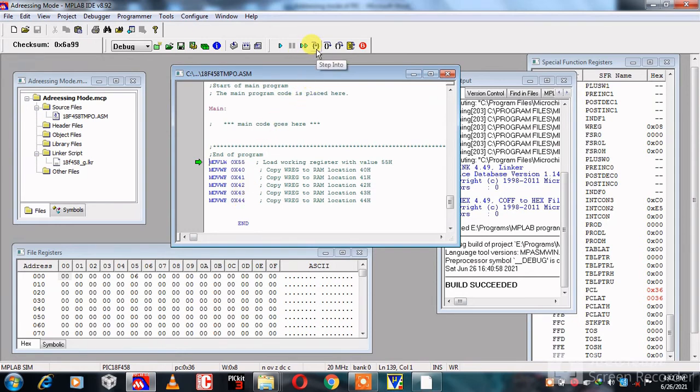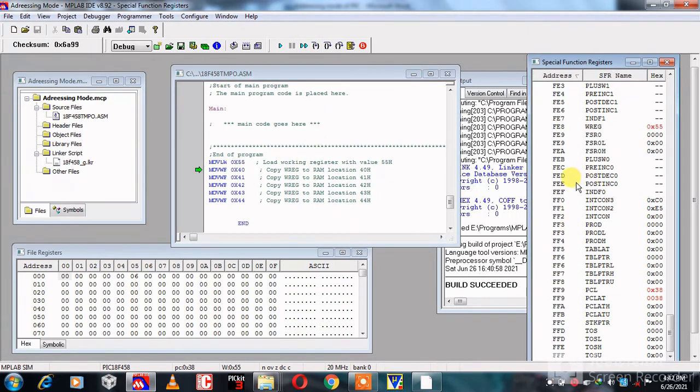We are going stepwise now. After first instruction, we have loaded the working register equal to 0x55. Then execution of second instruction, this 55H data is loaded into memory location 0x40.